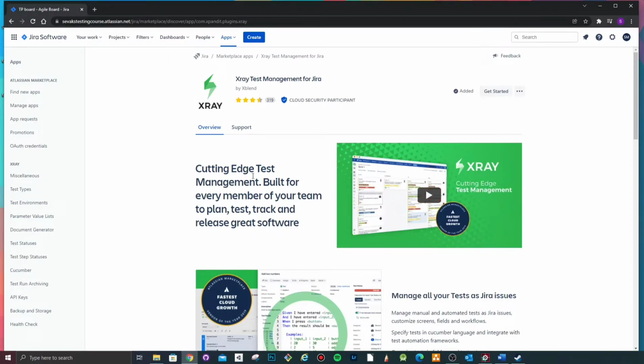And just in case, I will also leave a link in the description of the video so that in case you get lost, you can see how exactly it's getting installed. So cool. But once you do that, and once XRay is configured for your Jira instance, your Jira project,